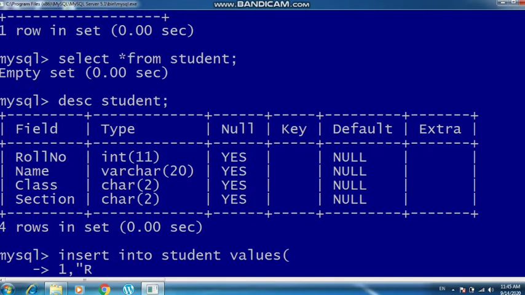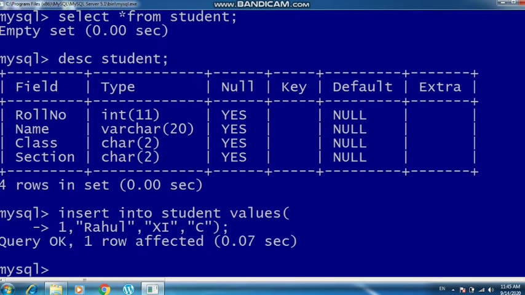Suppose I am writing here Rahul, and then comma, class is character, so I am writing 11, which will also be in double quotes. Then section is also character, so I am writing, suppose, commerce 11C, and then the bracket will be closed and then the terminator. You can see here it is showing one row affected.